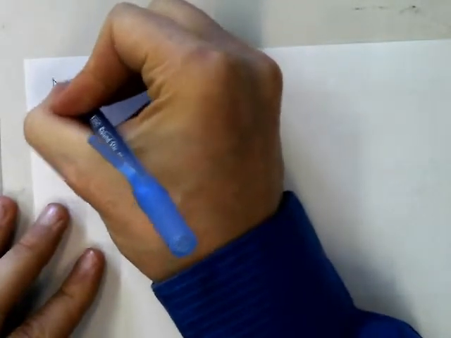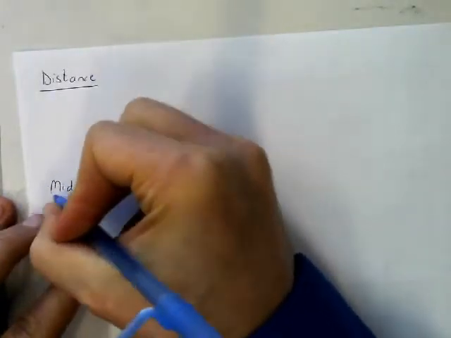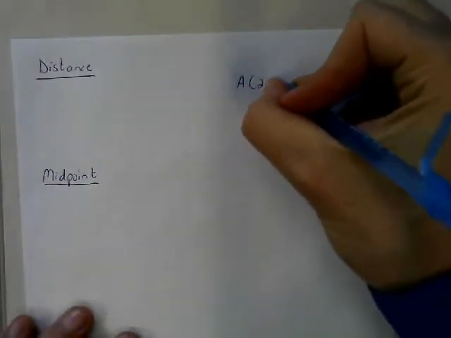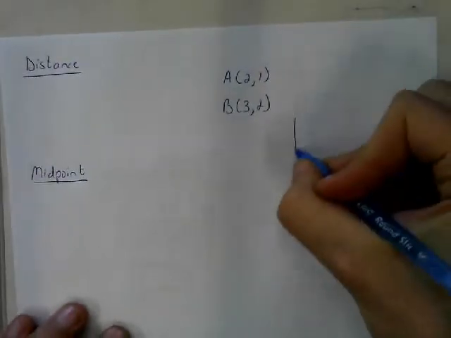The last quick concept I want to go over is how to find distance and midpoint. Let's use one quick example to derive these formulas, because I find a lot of people have trouble memorizing these formulas, and one goal of this year is for me to get you guys not to memorize but to actually think about where these formulas come from. If we let A be the point 2, 1, and let's let B be the point 3, 2, and we graph this,